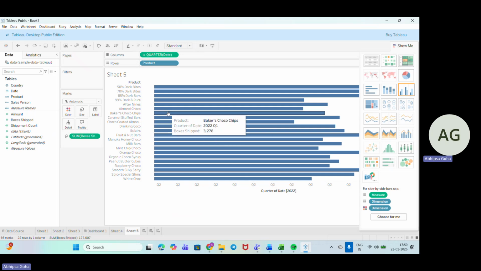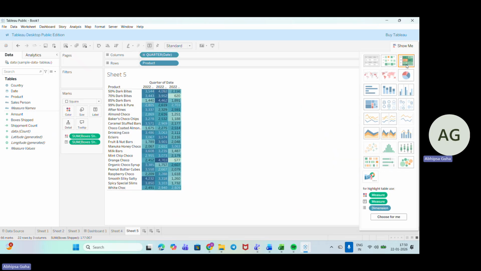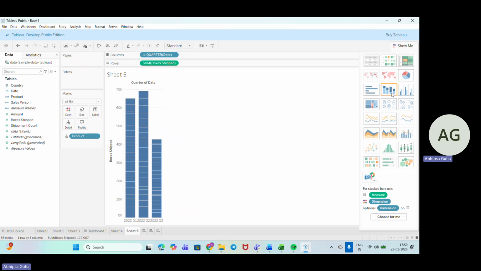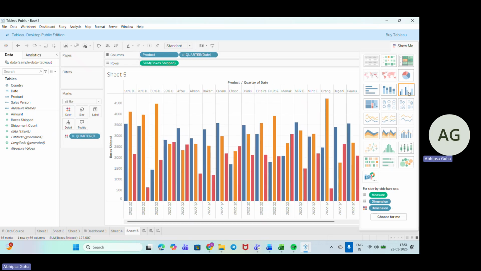Okay, so now I want a different chart. This looks not that good. I want a stacked one. No, this one is fine, but the numbers are going too high. So we'll add a filter of product.